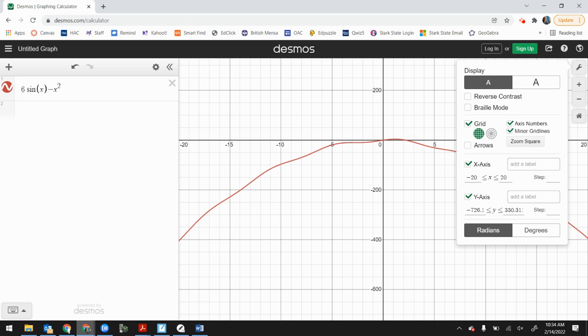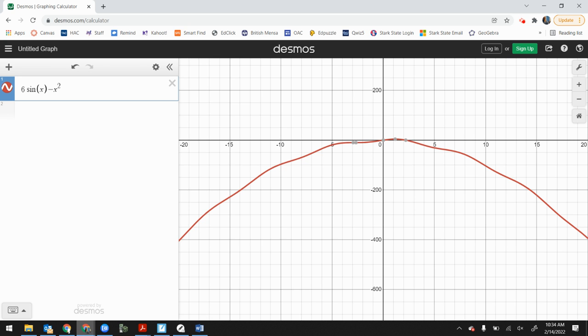That's fine too. I just made mine a little wider. I went from negative 20 to 20. Whoa, there we go. See now what I'm seeing here is I have multiple maximums and minimums there, right? So now when I go to d over dx of this,